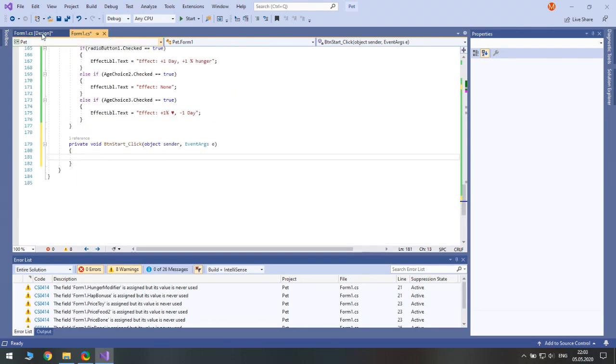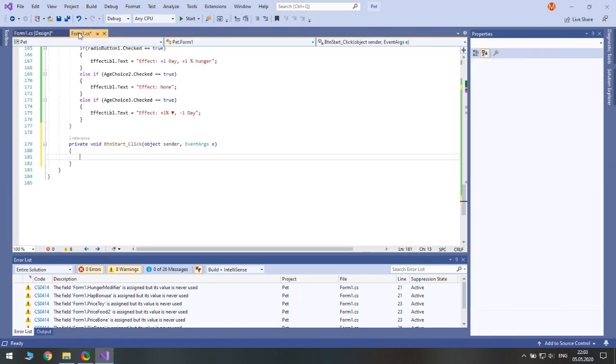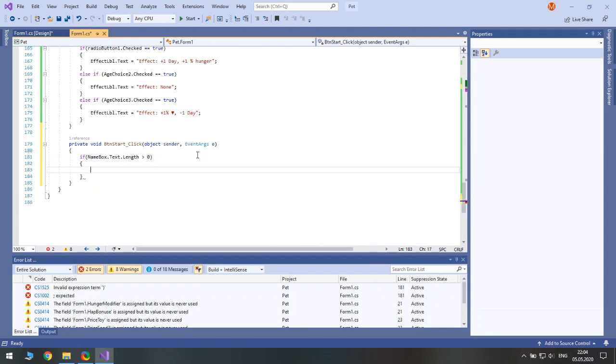Oh, we start with checking whether this text box is empty or not. So if name box text length is greater than 0, then we make a pet choice. Let's make an appropriate comment, pet choice.